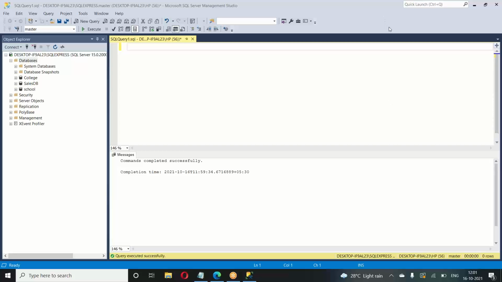So now we have created and deleted databases. Now let's try to create some tables here. So what is the code that we have to write for creating a table? So it is very simple. Create table and we'll give a table name here. That could be, let's say in a school, it could be students. Right. So for the students, we can have,